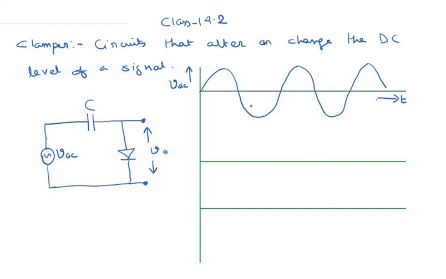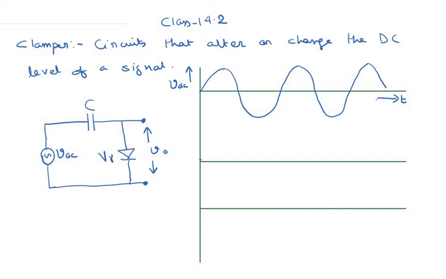Now how would the voltage across the capacitor vary? Initially let us assume that the voltage across this capacitor is 0, which is another way of saying that this capacitor is uncharged at t equal to 0. Okay, now once this voltage VAC surpasses V gamma, which is the cut-in voltage for this diode, then current would start to flow through this capacitor.